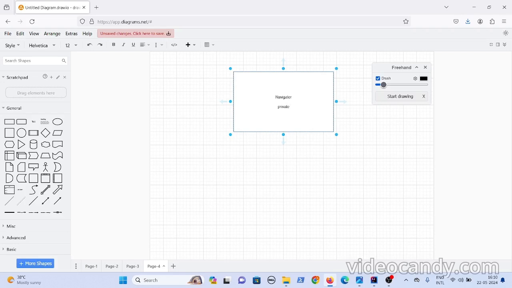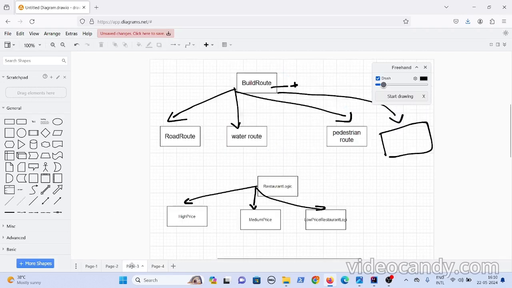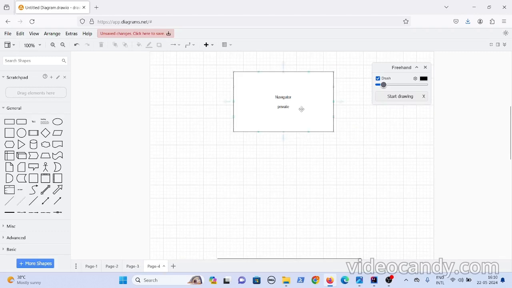Inside the navigator class I am adding behaviors: private build route. Then I'll add restaurant logic as well. Instead of inheritance I went for composition: restaurant logic.